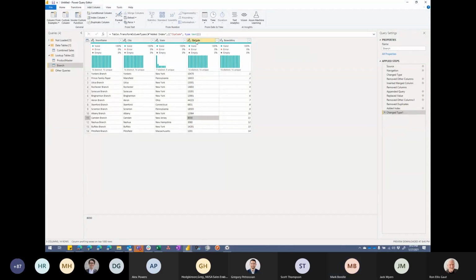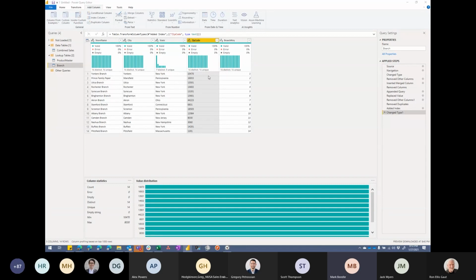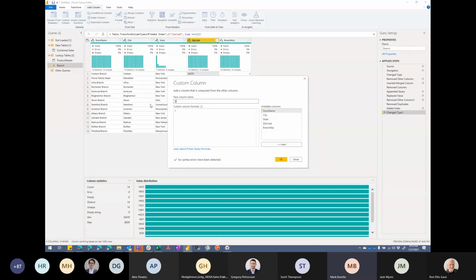So I'm going to do a custom column. We'll call this one zip code with a space. And I get to use some fancy M skills here. I'm going to say Text.PadStart from my zip code. So I want it to be five characters. If it's not five characters, I want to pad it with zeros in front of it.